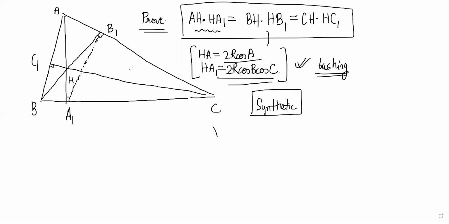Sir, on a single line segment, if two angles are the same, then all four points are concyclic, that is an axiom. You are saying that this angle is 90 minus A and this angle is 90 minus A, therefore it is cyclic. No, sir, I'm saying AB is a line and the two angles AB1B and AA1B are the same, 90 and 90. It's the same thing that you're saying. I was saying this line and these two angles. That's also true, right?